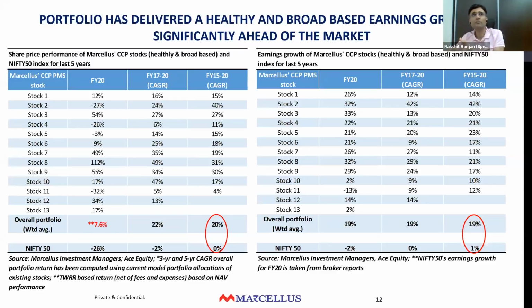In FY21, obviously, the skew is because the event affects certain stocks more. The event of COVID affects certain stocks more than the others. And hence, earnings growth over a 12-month period is divergent for certain types of companies in the portfolio versus others. Obviously, it normalizes as you go to 3 years and 5 years. The longer the time period, the more normalization. Hence, the narrowest band that you see is in the 15 to 20 year period.